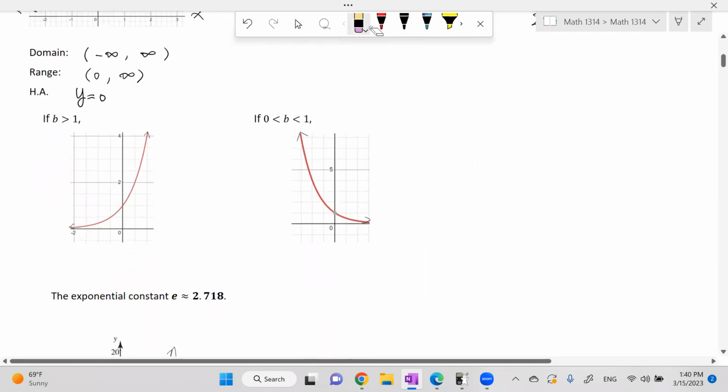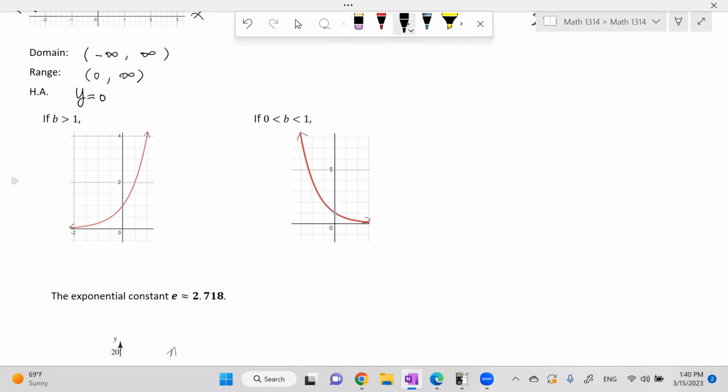Base b is greater than 1, and if b is between